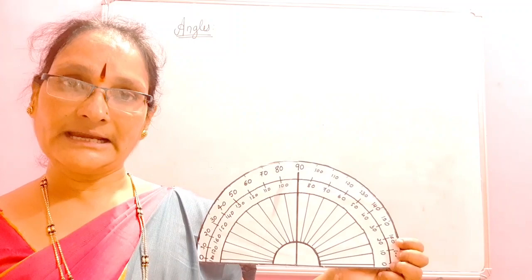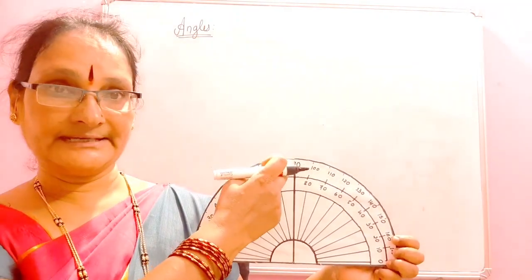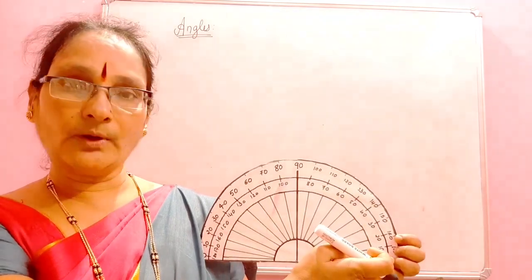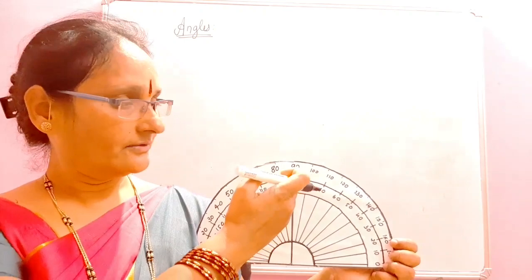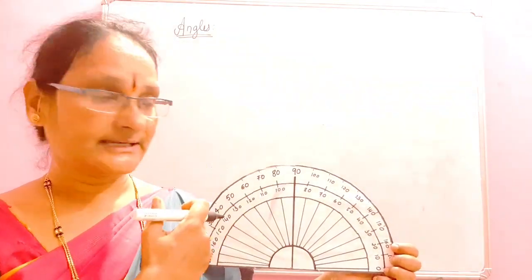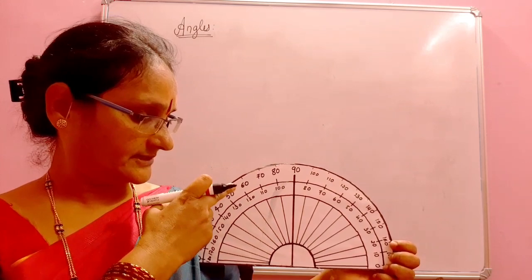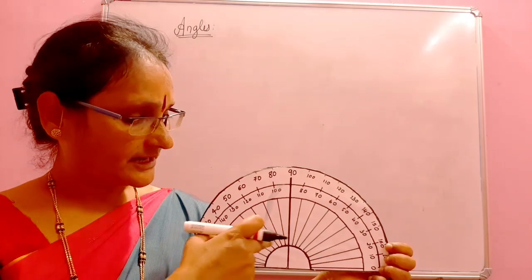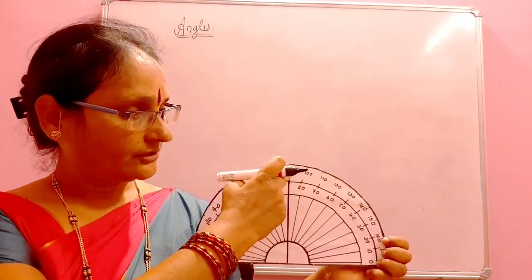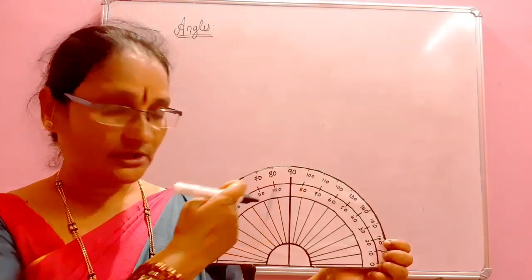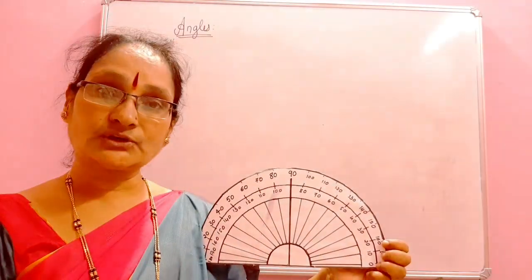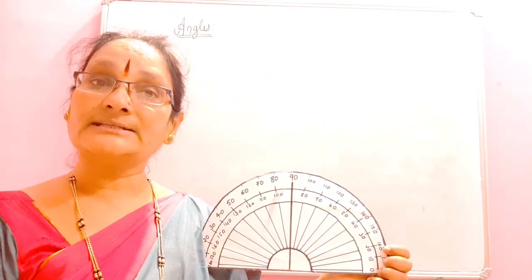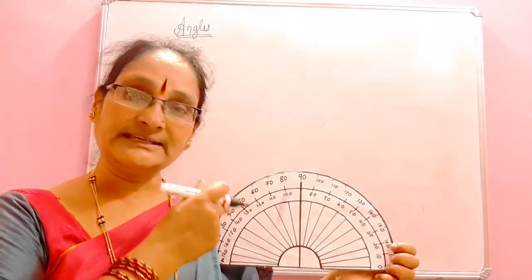See here clearly, I will show you. This is 90 degrees. 100, 110, 120, 130, up to 180 it goes. In the same way, on this side it goes on decreasing: 80, 70, 60, 50, 40, 30, 20, up to 0. On the right side, it is 90 here, then it decreases on one side and increases on the other. Now I will explain all the types of angles, then show you how to measure one or two angles with this protractor.